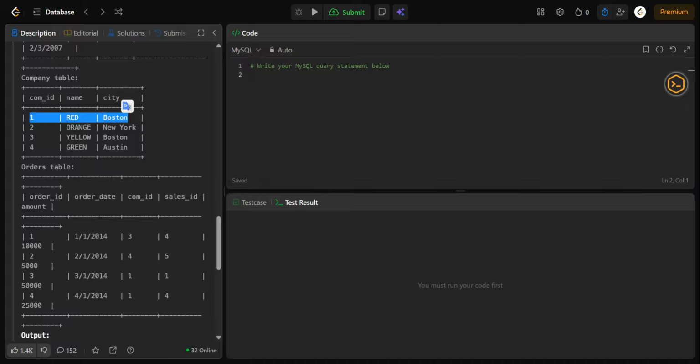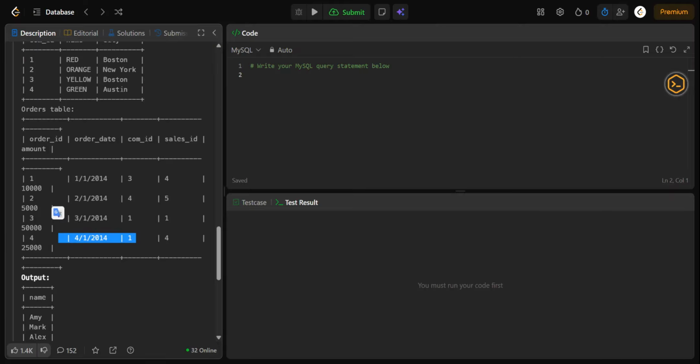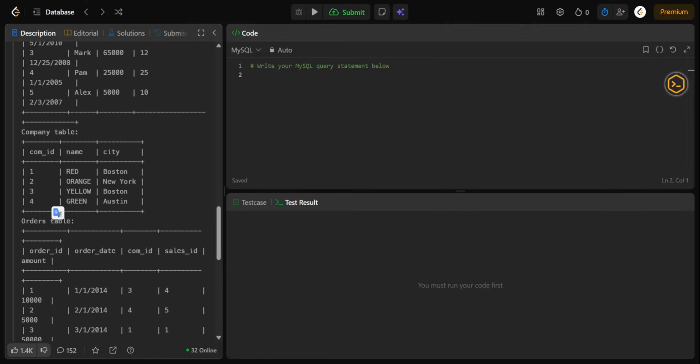Now let's move on to the orders table. We can see company ID 1 appears in two orders. One order was handled by John, and the second order was handled by Pam.